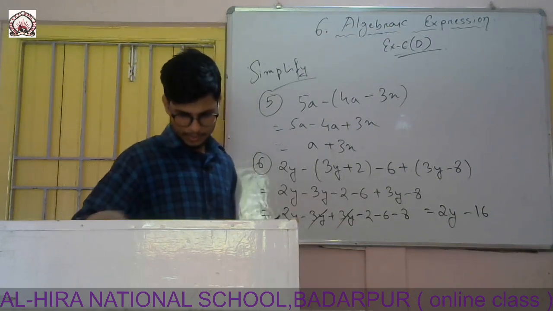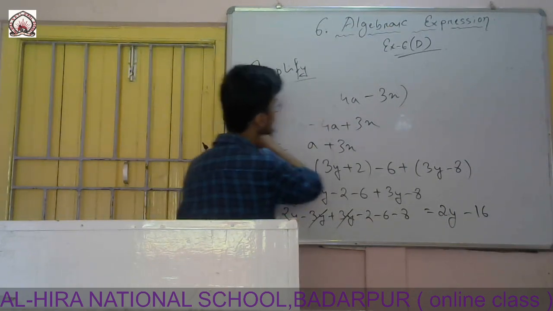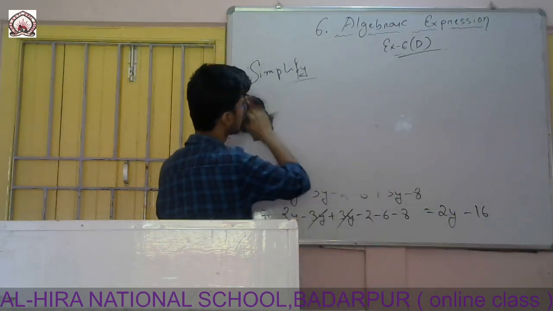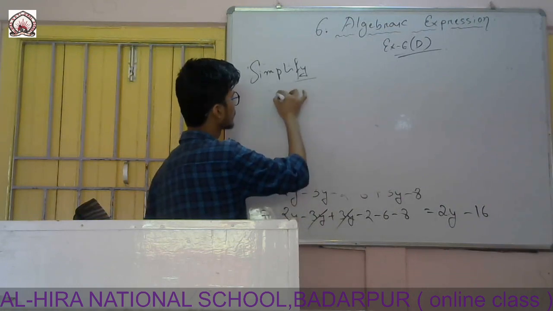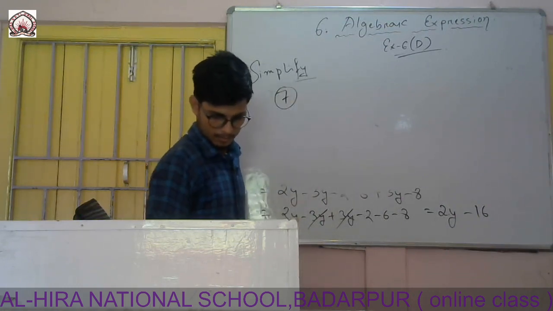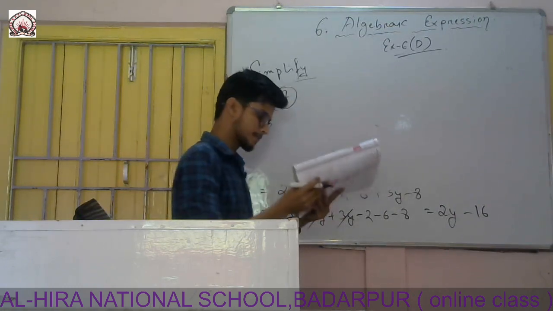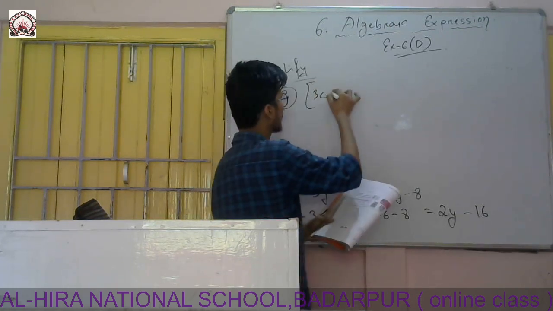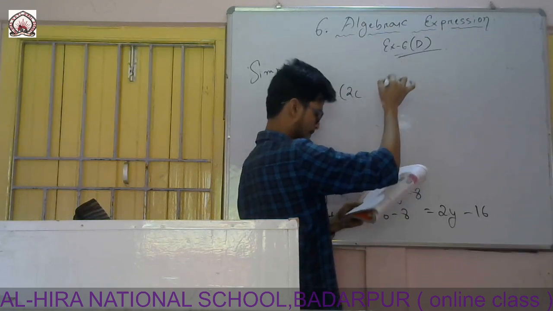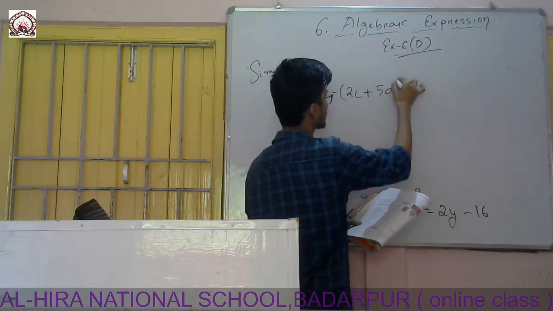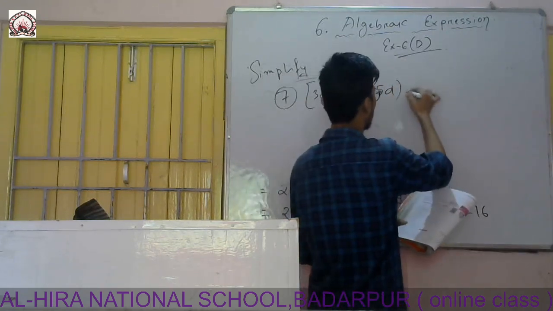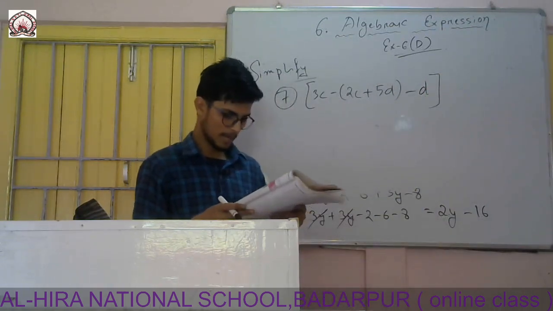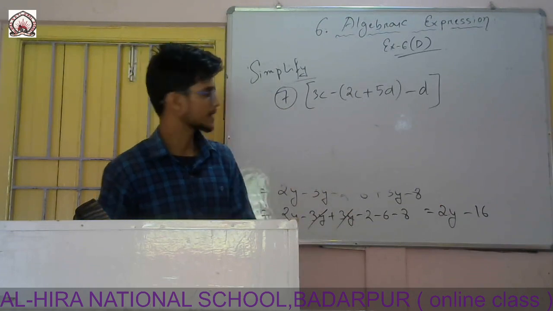So now see question number 7. Question is 3c minus 2c plus 5d minus d. 3c minus (2c plus 5d), then again minus d. So